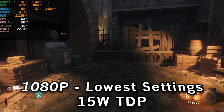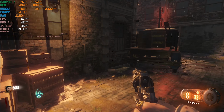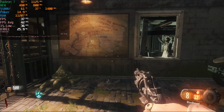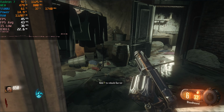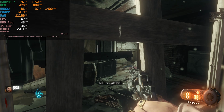Hey there guys, we're taking a look at Call of Duty Black Ops 3 Zombies running on the AMD Ryzen 5 5500U. Now the game is currently running with the lowest in-game graphics settings that we could set it to, but we do have the render resolution set to 100% of 1080p. So this is what it's running at the full 1080p resolution with the lowest in-game graphics settings at the stock